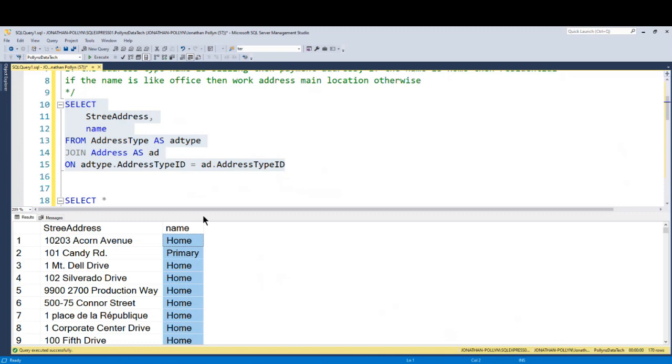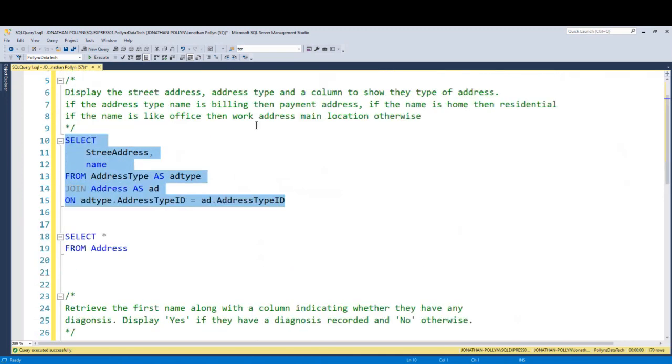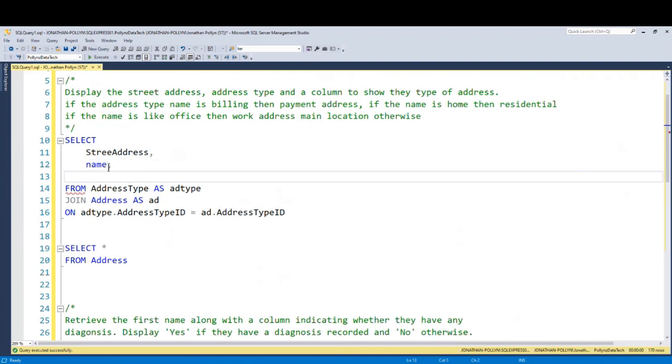Now they want me to create a column that will capture the information that they gave us. So I'll come down here, put a comma, and say case. Because I want to use the simple form for this exercise, and to use the simple form, I just have to call one piece of the column at a time. So I can come down here